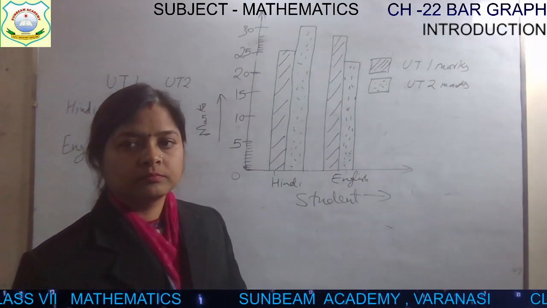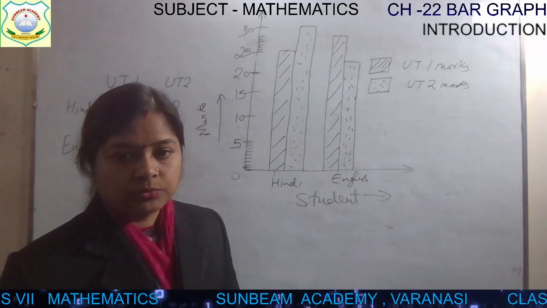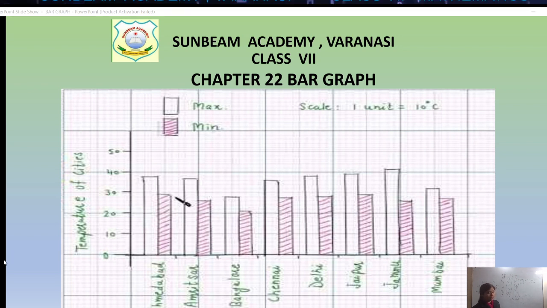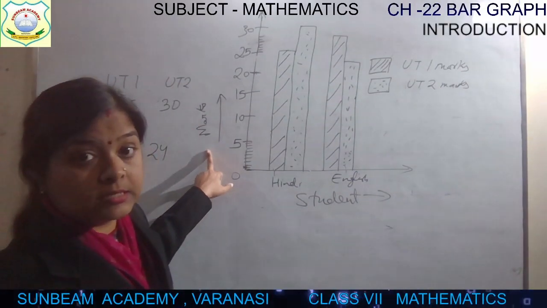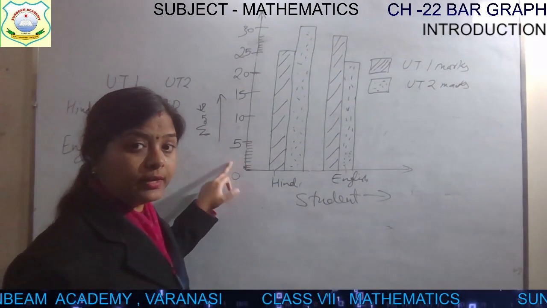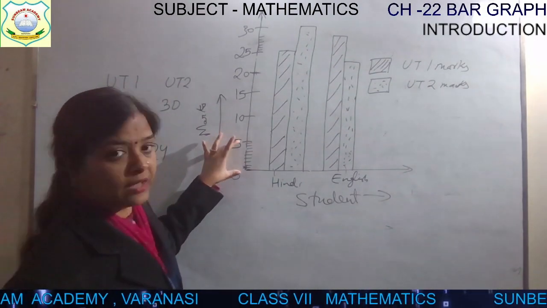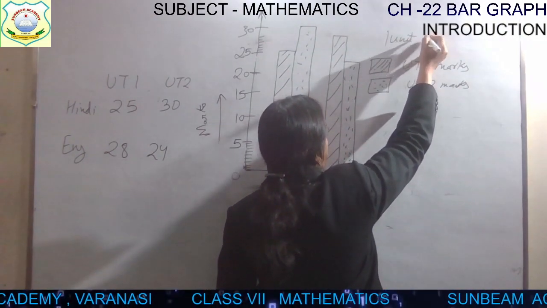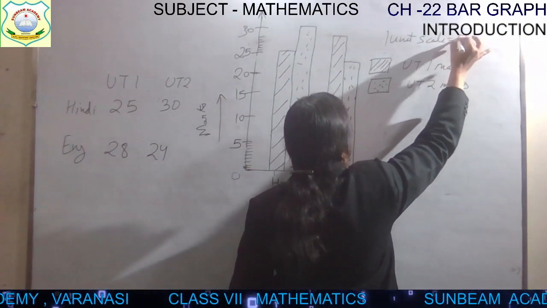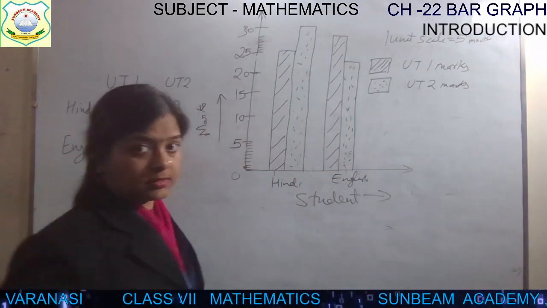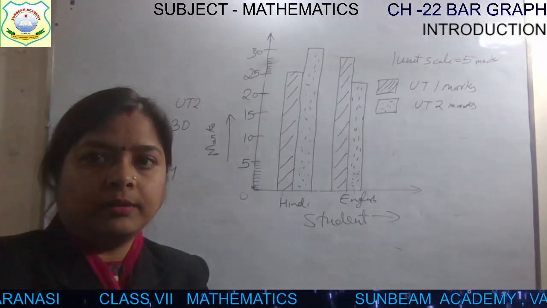Now let's see through the example. I hope you are liking it. One scale also you have to write. Like here I have not written one scale. What is 1 unit scale? So my marks will get deducted. What is 1 mark? 1 unit value is 5. So you will specify it. 1 unit scale is equal to 5 what, beta? 5 marks. So you will write it, okay? Like this you will write it.